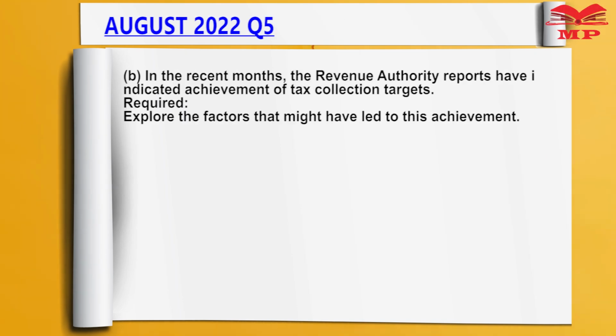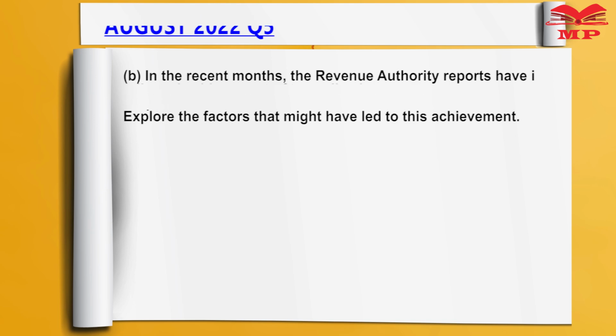Part B of the question says, it's still a theory question. In the recent months, the Revenue Authority reports have indicated achievement of tax collection targets required. Explore the factors that might have led to this achievement for 4 marks. Now,